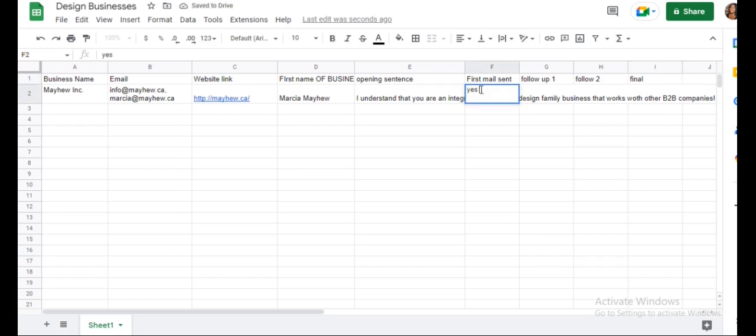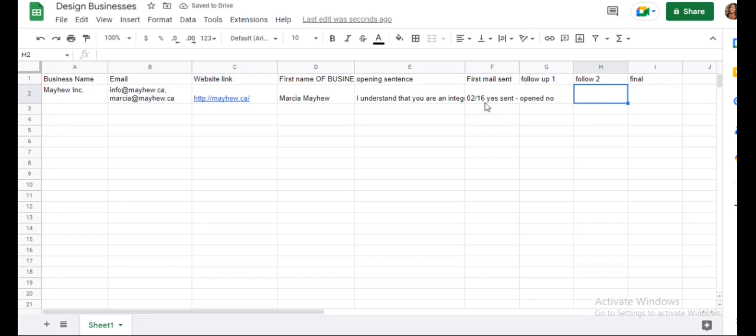And then you want to also put in yes, sent, opened, no, or something like that. And then also put the date here. So I'm going to put February 16th.